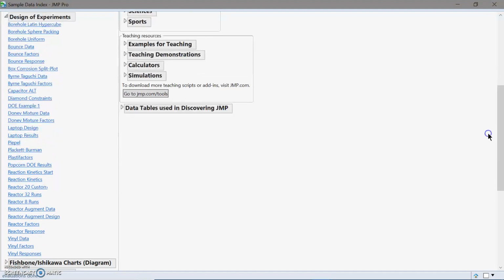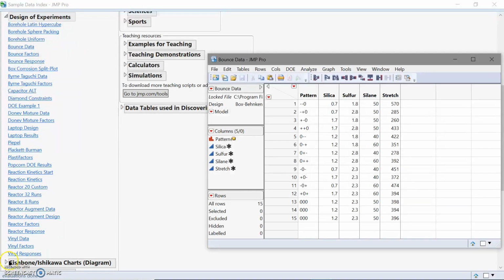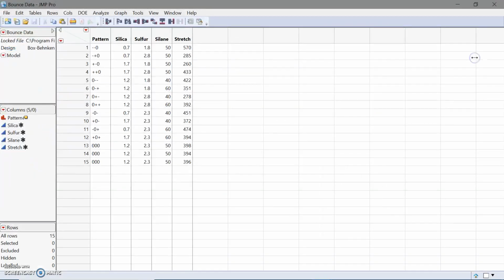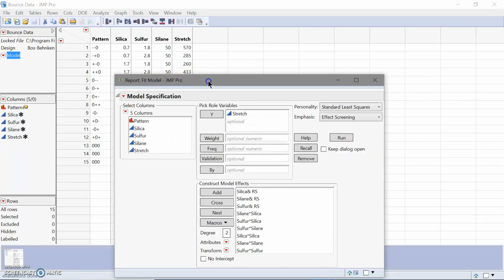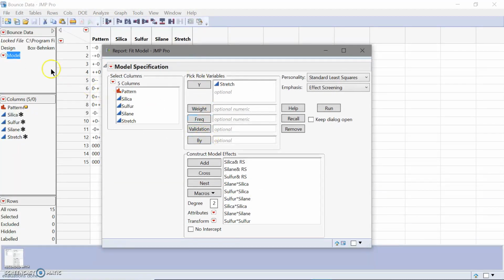The first one we'll do will be our bounce data. Okay, so we blow this up, and let's say we wanted to run a model and run the script here. We see that our report fit model is already generated because the script has already been generated for us. We see our Sulfur, Selenium and our Silica. Just go ahead and run this,